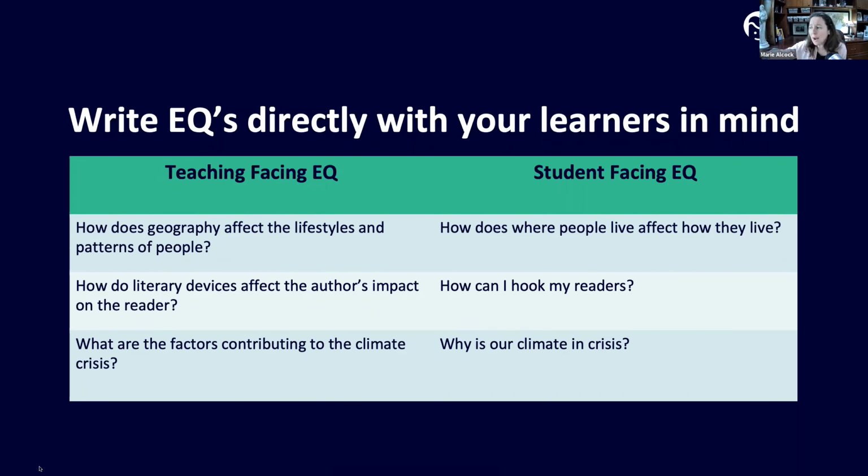How does where people live affect how they live? It could even be how am I impacted by where I live? The point here is it's about brain science. We're going to get into that in a little bit. But crafting our essential questions, if everyone took a moment to look at the essential questions in your units, if